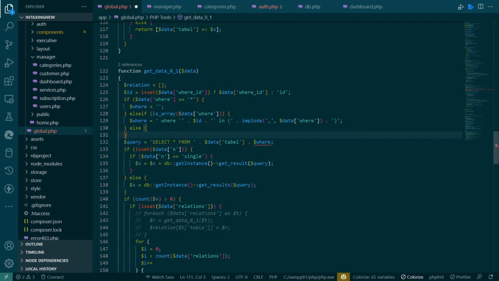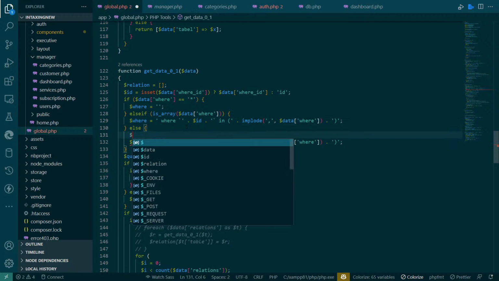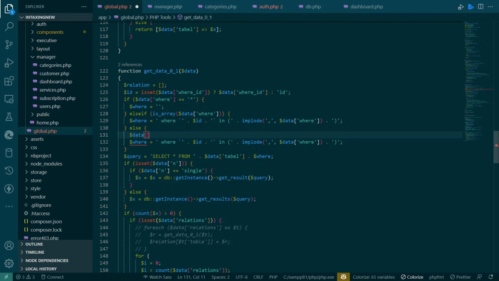I think this condition will be fine. I'm still very much in the phase that I don't know, totally nothing. So data, where is actually,